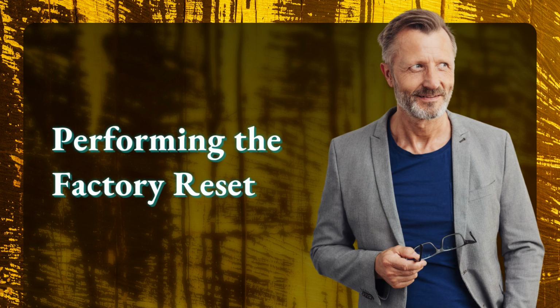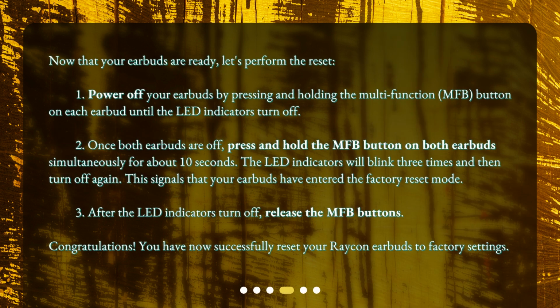Performing the factory reset. Now that your earbuds are ready, let's perform the reset. 1. Power off your earbuds by pressing and holding the multi-function MFB button on each earbud until the LED indicators turn off. 2. Once both earbuds are off, press and hold the MFB button on both earbuds simultaneously for about